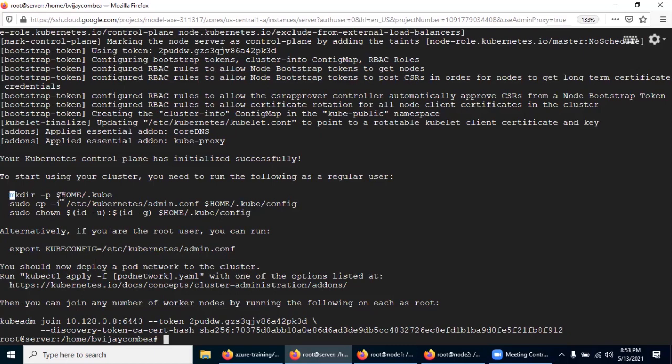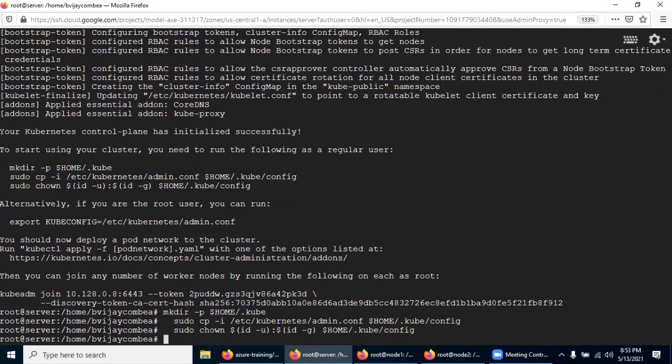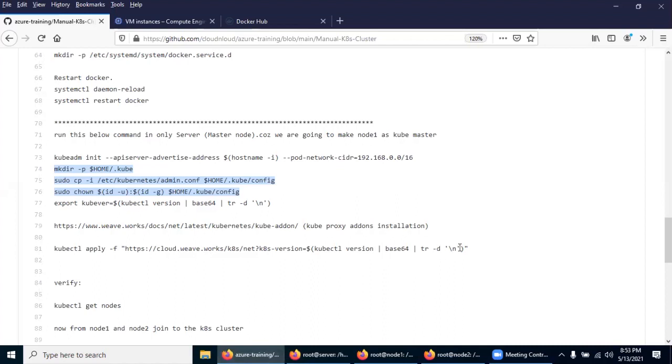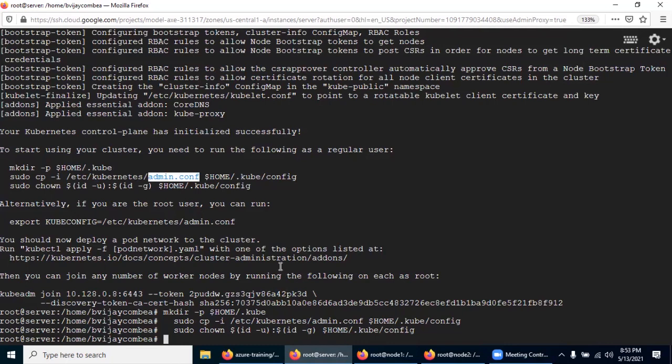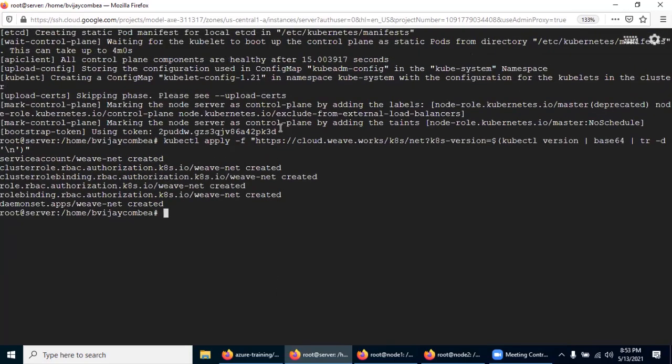So I'm just going to create this and copy, because in my login I want to execute the kubectl command. For that, I need admin.conf, because this file will have the Kubernetes master, the cluster, and the username and password in encrypted mode. So we are also going to run this command, because we need VNet working. So let's create, yes, it's created.